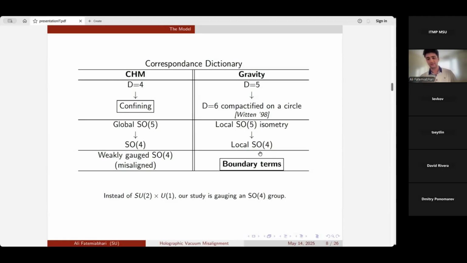So the way out is introducing some spectator fields, or spurions. These spectator fields at the boundary will transform in such a way that all of the explicit symmetry breaking will turn into spontaneous symmetry breaking. And only at the end of the calculation, we will freeze the spurion. We will take some limits in the parameter space. And the dual field theory results will show an explicit breaking result, although at the gravity level, everything is only spontaneously broken. And I will give more detailed descriptions when I show the symmetry breaking terms.